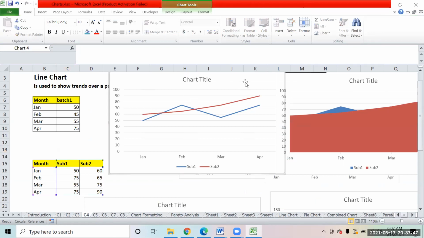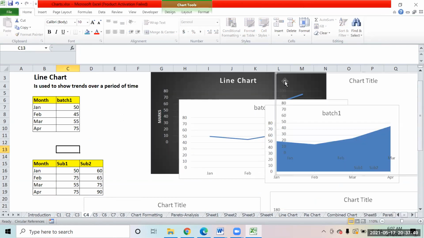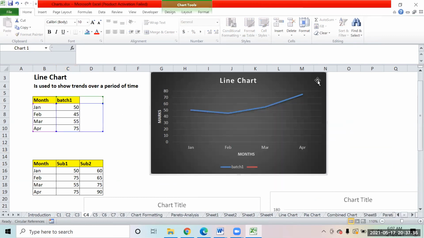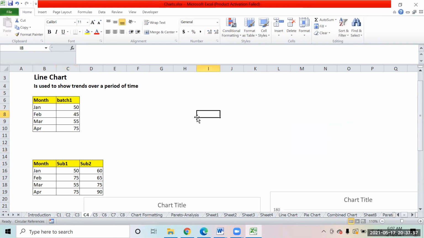We have line charts. Right now, a line chart is a type of chart that we use when you have to do some time series analysis. If you have data on a time period basis, and you want to compare in which month you got higher sales, or in which year you got higher revenue or higher profit, you can easily create a bar chart also over there. But again, as a best practice, we should always create a line chart over there. So a line chart is something that we use when you have to showcase the trend over a period of time.